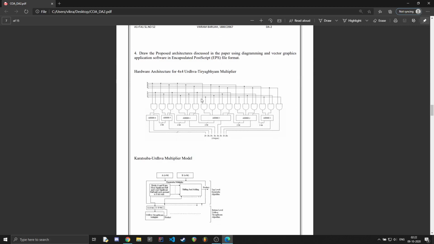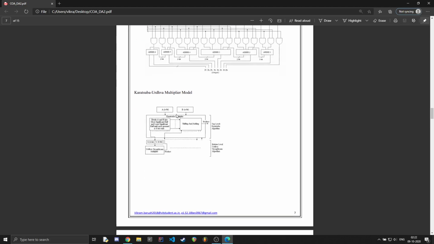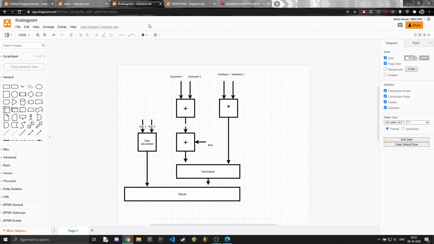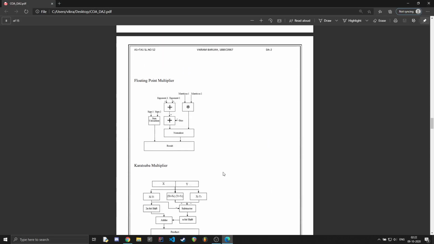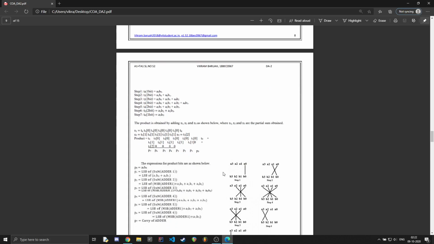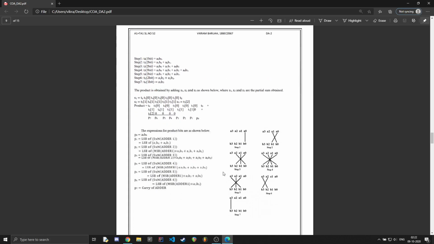So the fourth question again asks us to simulate the architecture. So I've already simulated these here, which I've shown in the previous answers. Right. So here the algorithm that we've used